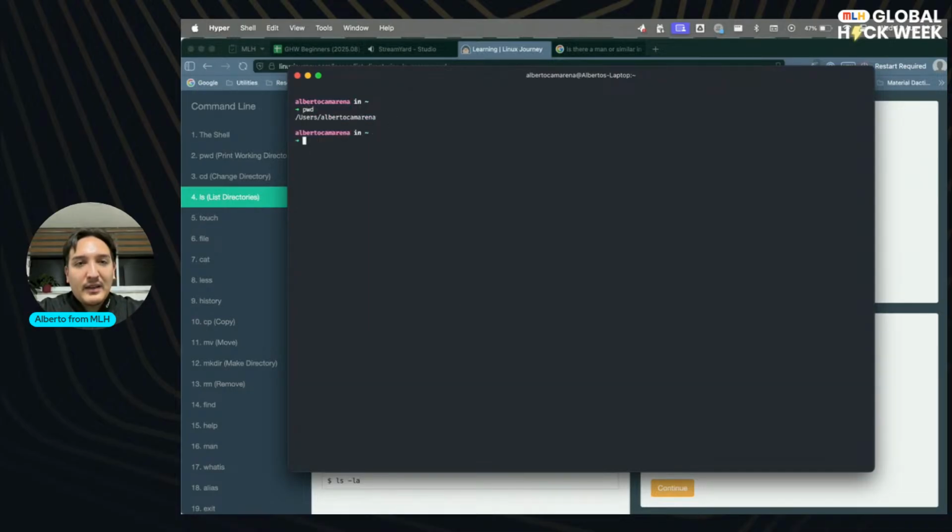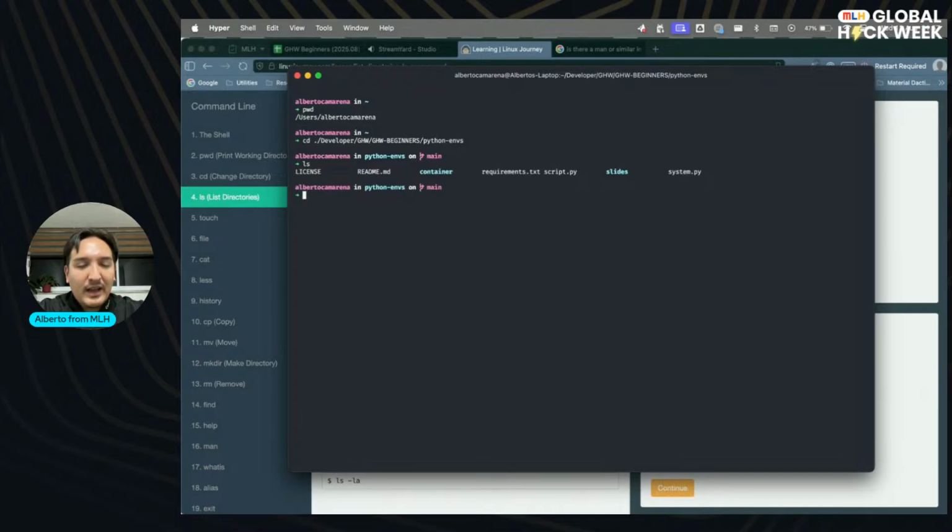But if I want to know what's inside the folder I was just moving to, I can cd to that, developer global Hagwig Python's M's, and I am here, and I can ls without any argument to see what's in here. I can also ls with an argument, like, for example, I want the things in here, which is the same, right? So then why move to this point? I can be at home with no problem and ls what's inside the